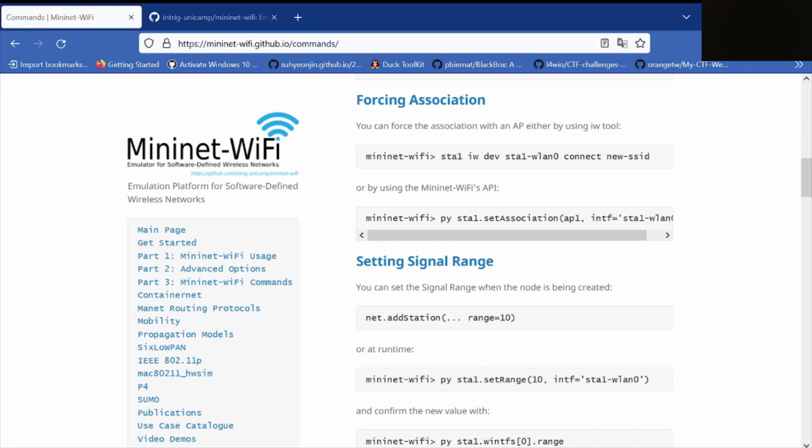Then when station 2 pings station 3, let's see, it's still host unreachable. Dump station 2 and station 1. So this is .1, .2, .3. Okay. More debugging to be done. So let's see